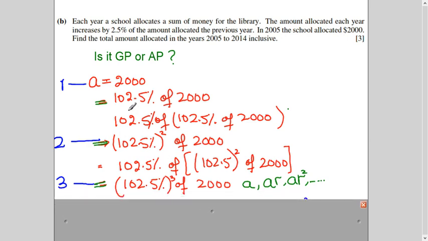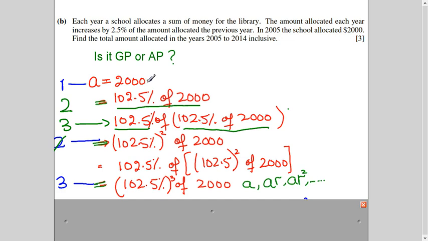Now if I show you here, what is happening? The first value is this, right? Second value, sorry, I have written this 2 wrong here. I should write 2 here. So next year it will be 102.5% of the previous year, right? After that, it will be this, 102.5% of the previous year. This is my previous year, which is coming here. So if you look at this line, it will become 102.5% of 102.5%, so it will become a square. I'm not trying to get the value here. I'm just trying to see how the series is developing.